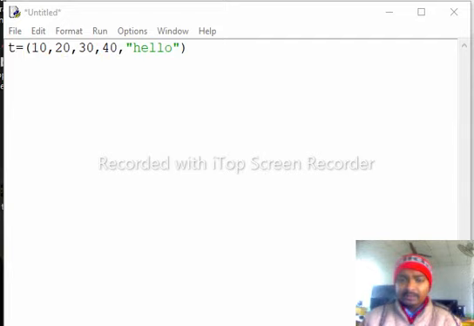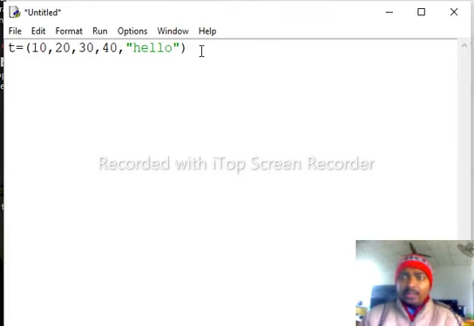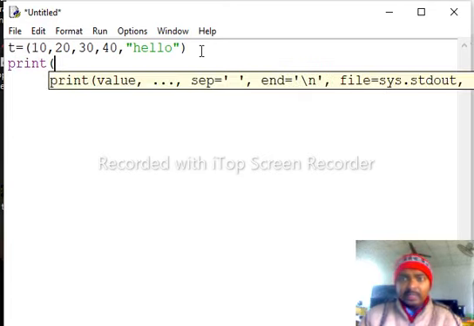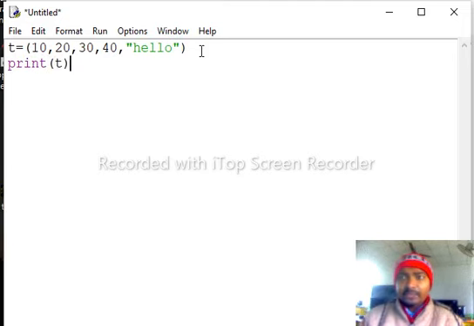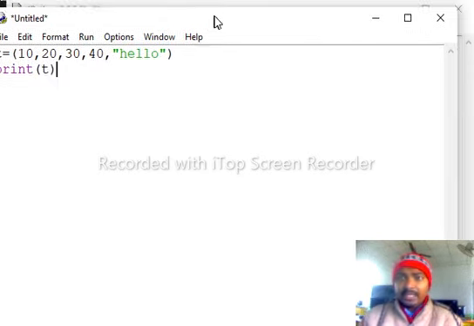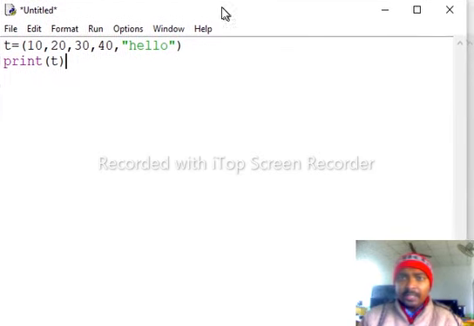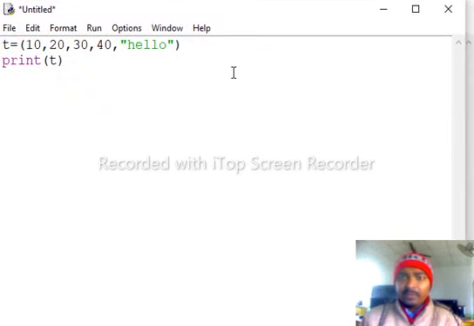Okay, suppose I want to display the elements of this tuple, then the simple thing is to type a print statement and put the variable name that you want to print. In this case we are trying to print the tuple.